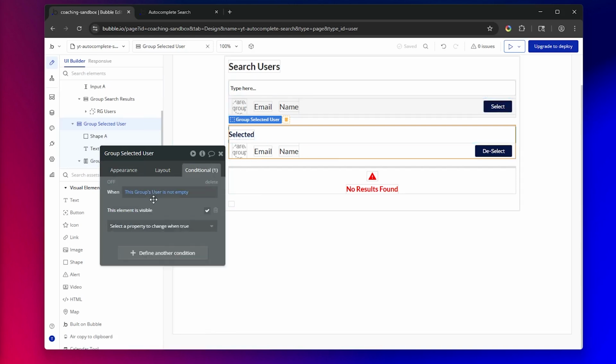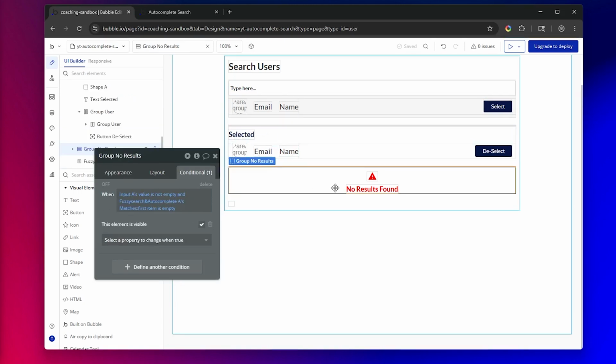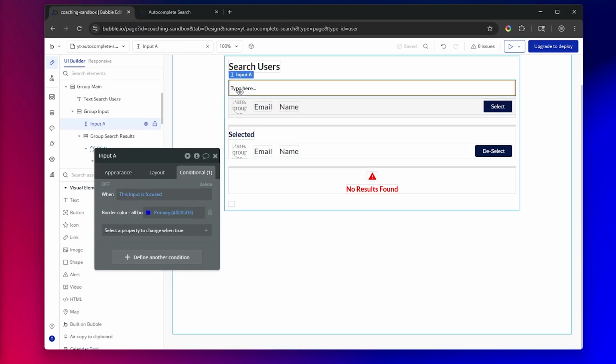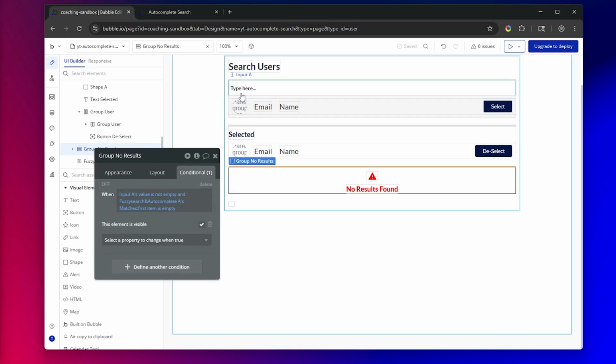So as soon as that happens, the condition will become true and the group will be visible. For the no results found group, there are two things that need to be true at the same time. We want to make sure that the input's value up at the top is not empty. Right? So this implies that the user is actively performing a search. So if the value is not empty, and the plugin didn't find a match, right? So we've typed something in, but the plugin returns nothing, so first item is empty, then that makes sense to